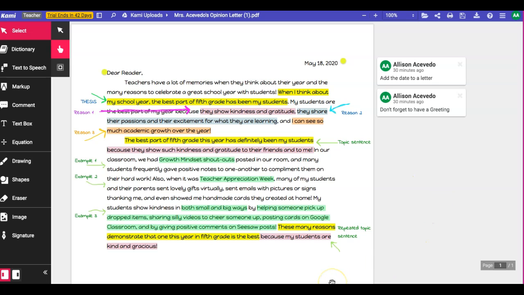In our classroom, we had growth mindset shout-outs posted in our room, and many students frequently gave positive notes to one another to compliment them on their hard work. Also, when it was Teacher Appreciation Week, many of my students and their parents sent lovely gifts virtually, sent emails with pictures or signs thanking me, and even showed me handmade cards they created at home. My students show kindness in both small and big ways by helping someone pick up dropped items, sharing silly videos to cheer someone up, or posting cards on Google Classroom, and by giving positive comments on Seesaw posts. These many reasons demonstrate that this one year in 5th grade is the best because my students are kind and